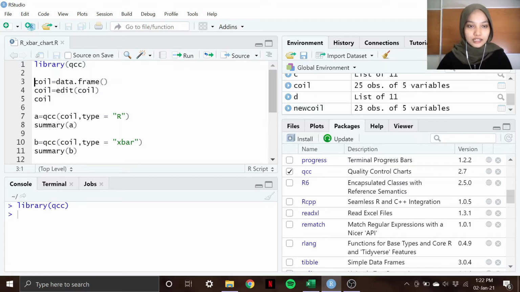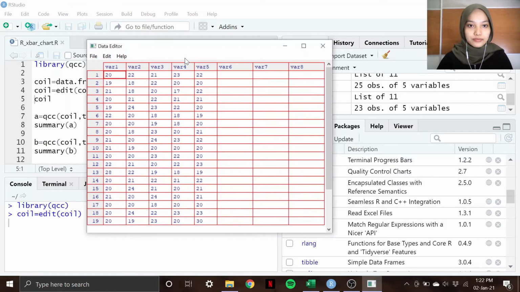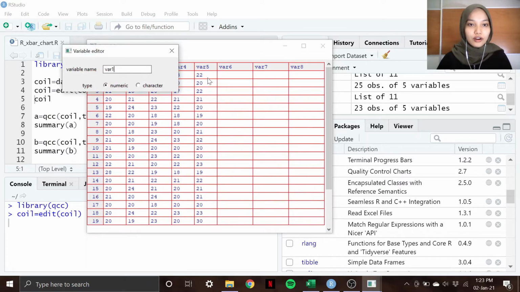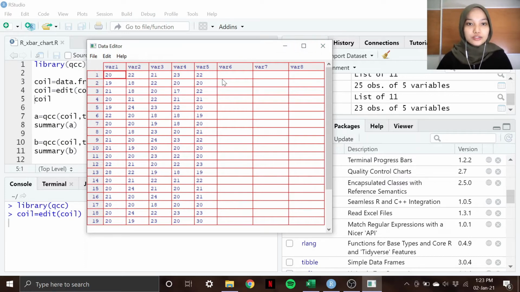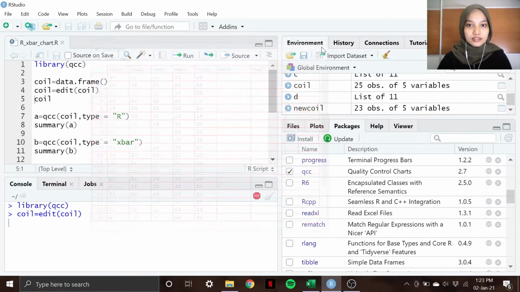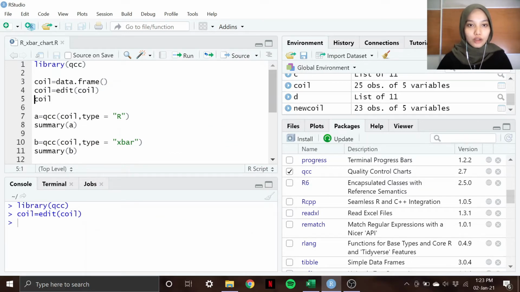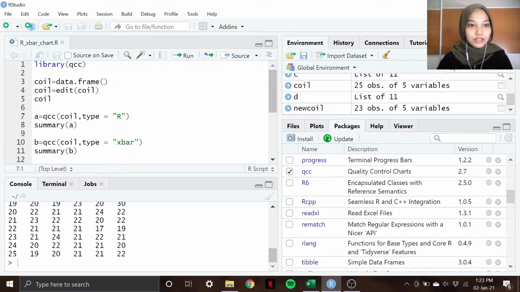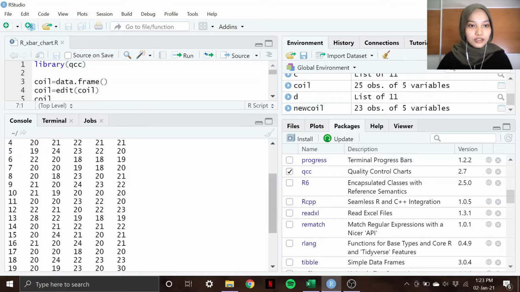So we want to edit the data, so we can enter our data in it. So just coil equals to edit coil. So if you run this, it will appear like this. So at first it is empty and blank, so you just need to enter all the data in here and make sure that every variables are numeric as we use numbers. So just click enter, and to save this data, just click X. So we want to call our coil data so we can see the data clearly. So just type coil and run. So these are our data that we just entered just now,